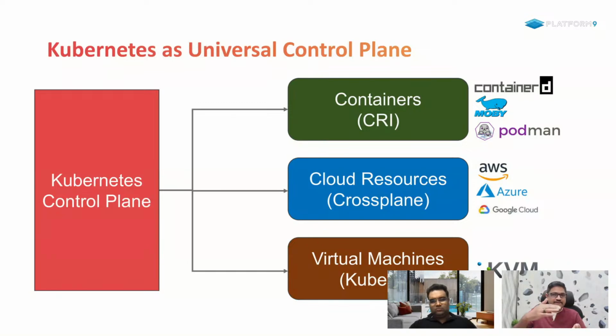And by creating a YAML file, you can effectively provision an RDS database. You can initiate a snapshot. You can restore from a snapshot, or you can provision an EC2 instance, all by defining a YAML file, the definition of your cloud resource in a YAML file, and submitting that to Kubernetes. And Kubernetes will simply route that request to one of the operators that is specific to the target cloud that you are dealing with. And then that does the negotiation with the cloud provider API and ultimately manages the lifecycle